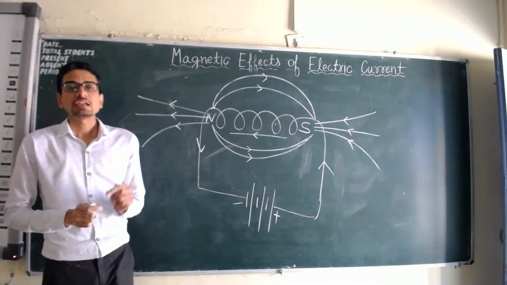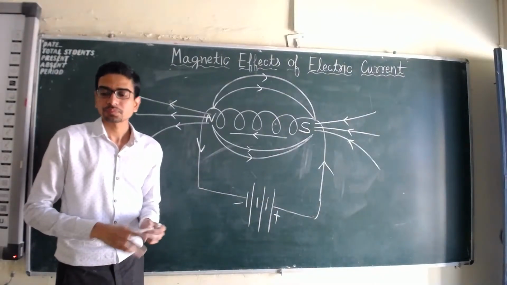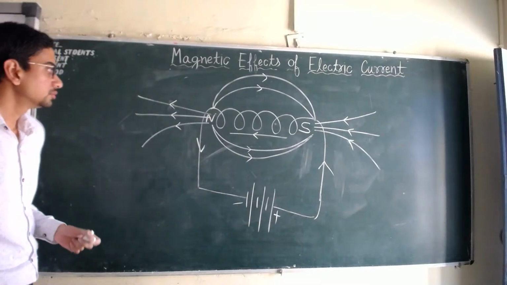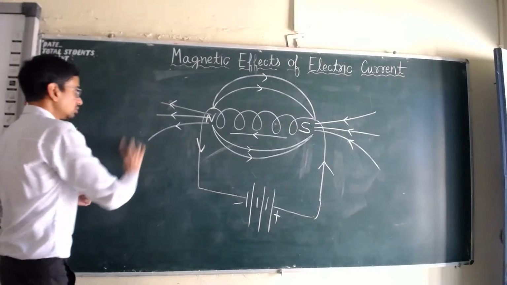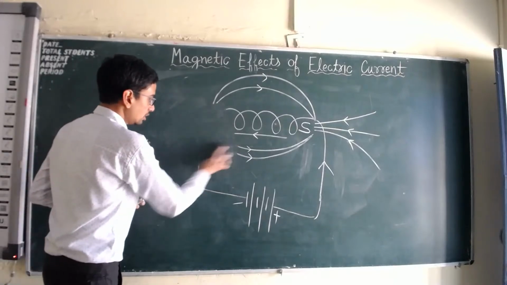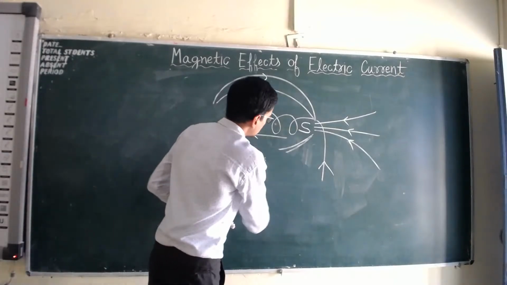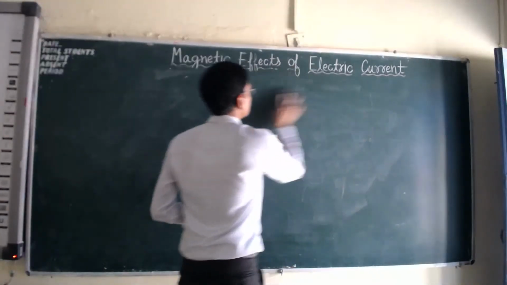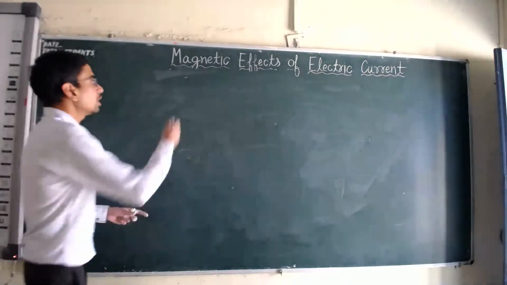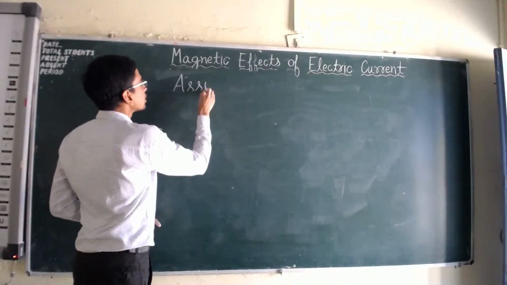So write down your assignment. What is your assignment for today? You have to draw. If you have any doubt, you can ask. You can study from notes or NCERT book. You have to practice this. So assignment for today is